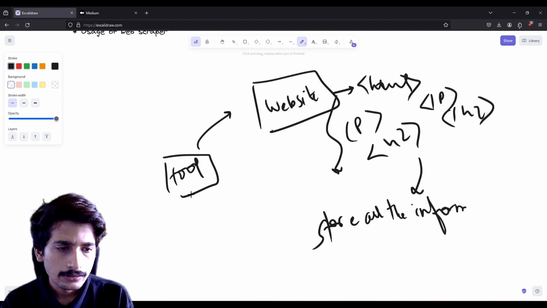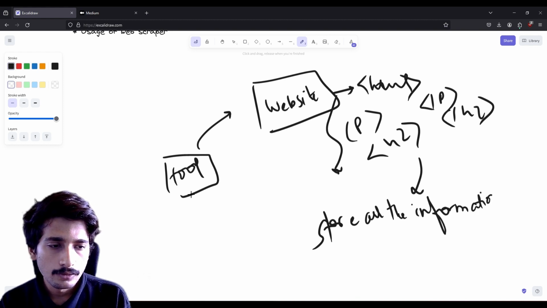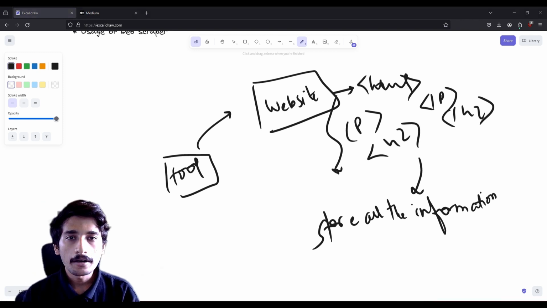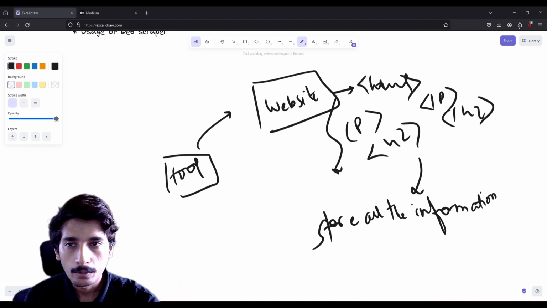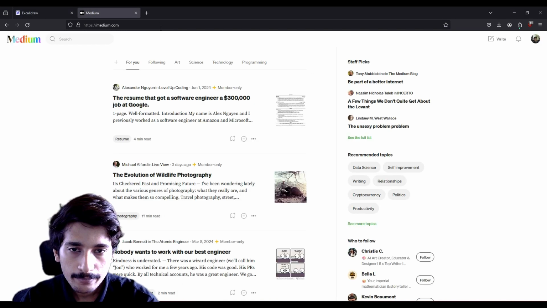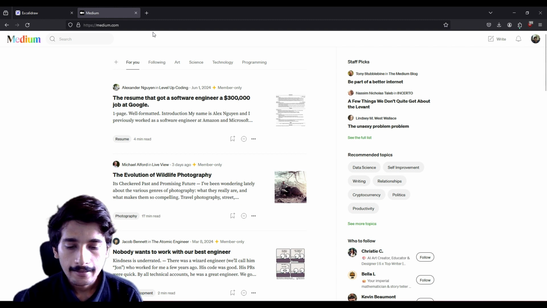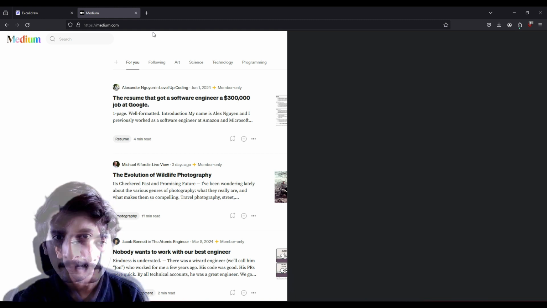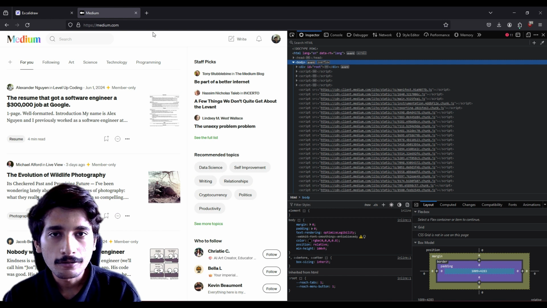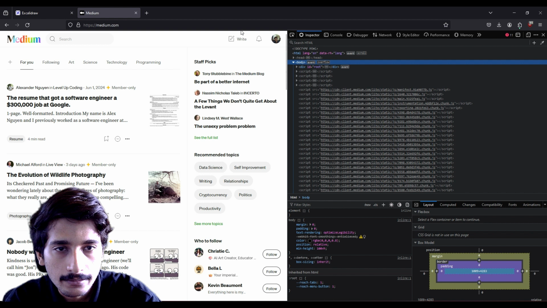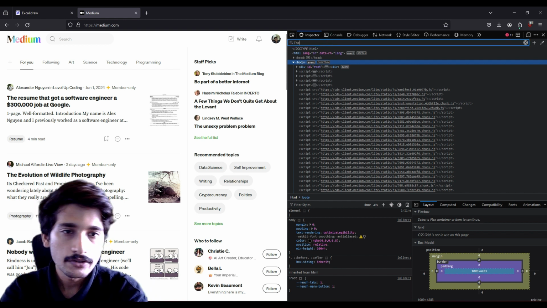Cool. So if we look at the real form, how does it look? Now let us look at Medium, to see how it works. So here is the Medium website, and here are a lot of posts, a lot of tags, and now if you look at the HTML side of the code, and we search for this tag, assuming it's the resume,